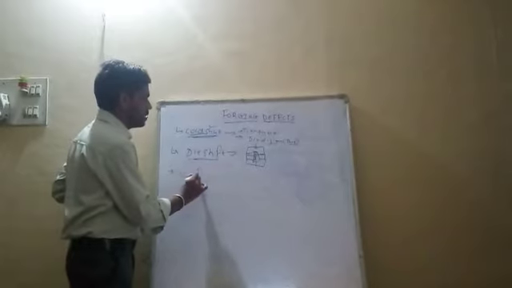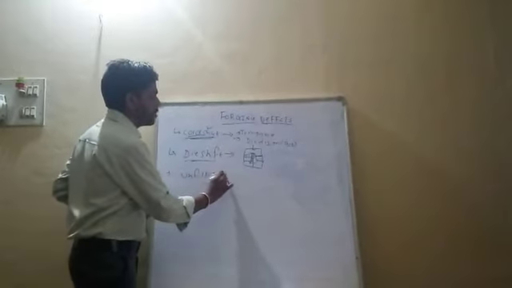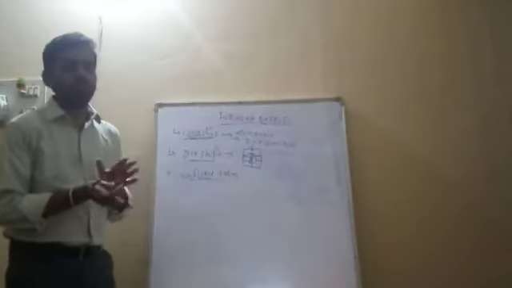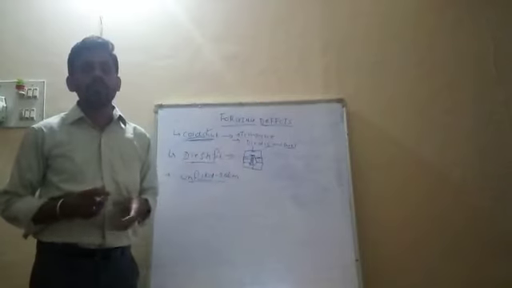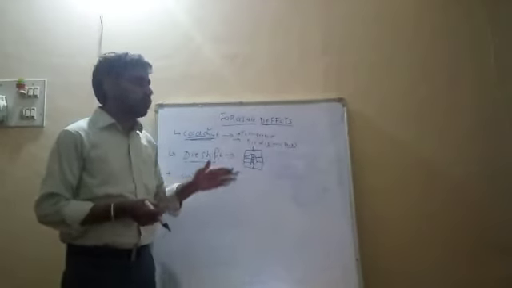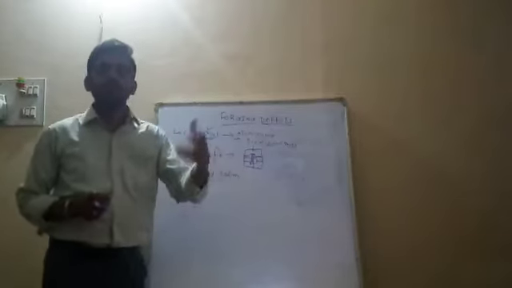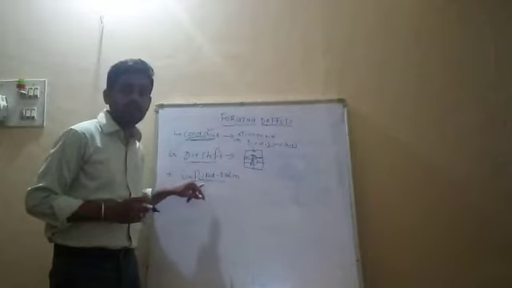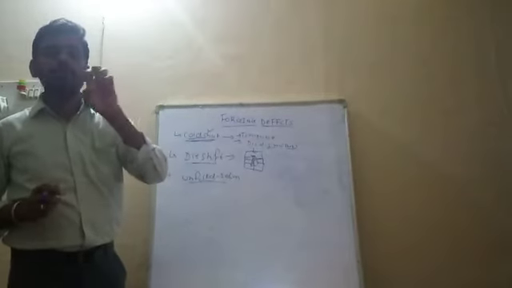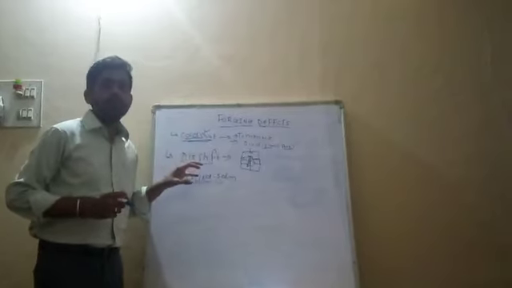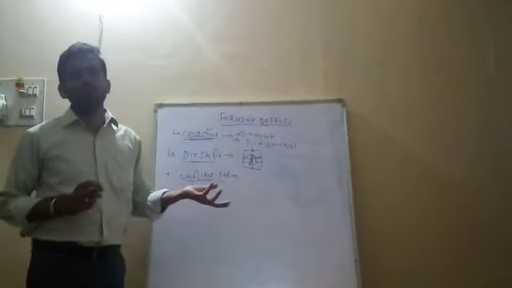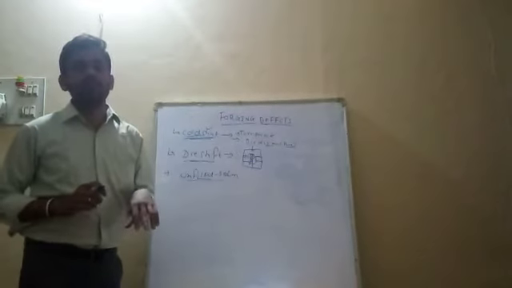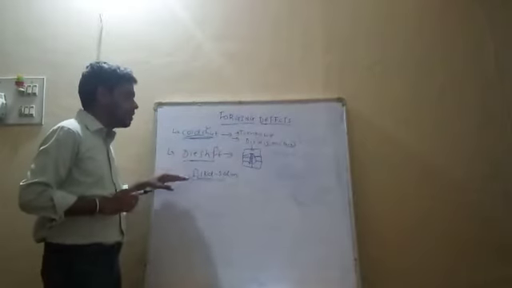Next defect is unfilled section. The name itself, unfilled section. Suppose I want a pentagon shape or hexagon shape, right? After the forging process, you may get another shape, and that is due to the unfilled section. The main cause for an unfilled section is improper temperature. If we maintain an improper temperature during the forging or heating process, above or below recrystallization temperature, that may directly affect the unfilled section.